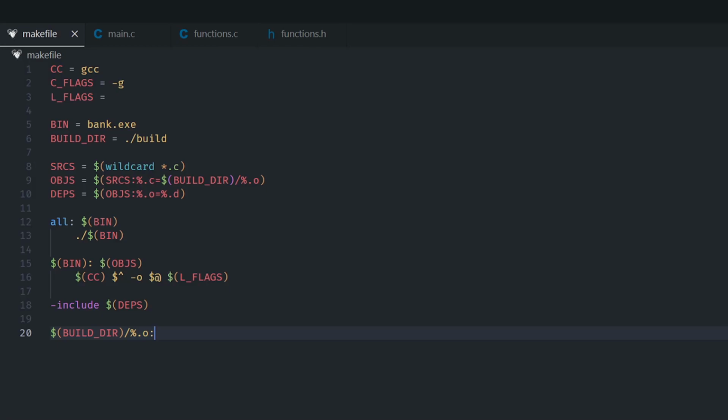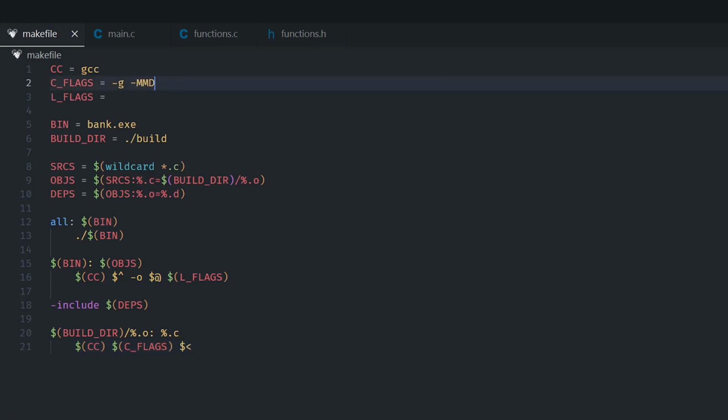So because we are storing our object files in the build directory, we have to do it that way, and then we won't actually put the build directory here because our C files are in the root directory when we are specifying this here. So for the actual command we will just say cc for the GCC compiler or whatever compiler we are using, followed by the flags that we have got, and actually let's go ahead and change the flags